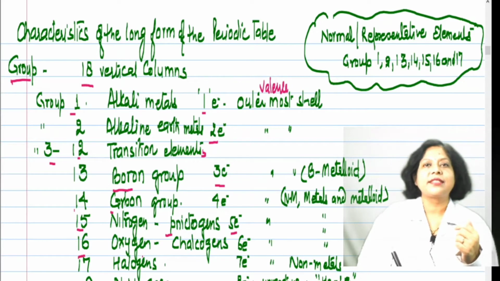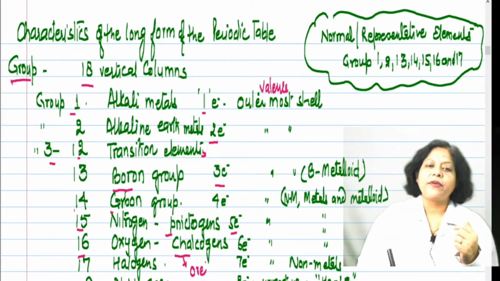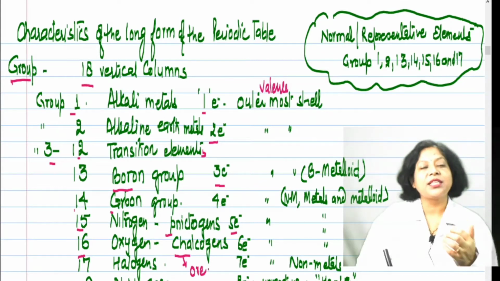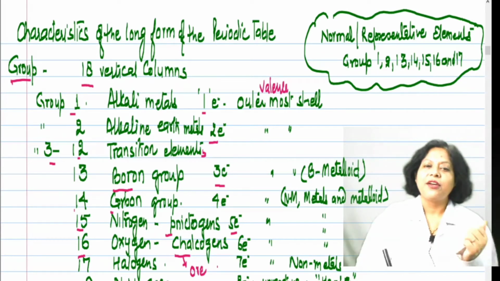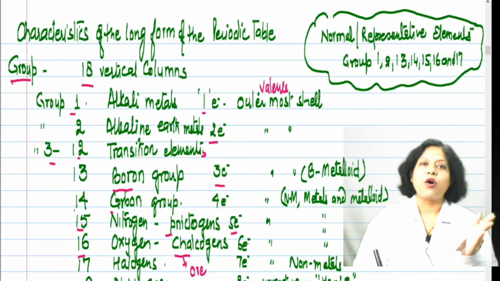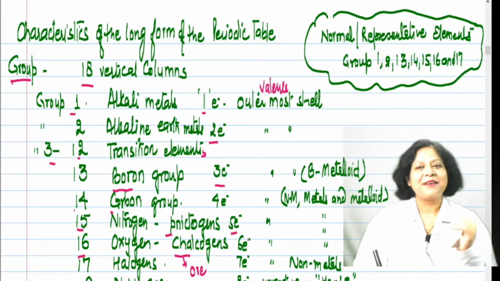Then group 16 is known as the oxygen group. It is also known as chalcogen. Children, chalco means ore, and gen means forming. So these are the group which form the ores. It has 6 electrons in the outermost shell, or 6 valence electrons. Now again, I told you, from the carbon group onwards, there are all the varieties, meaning you have elements classified as non-metal, metalloid and metals.